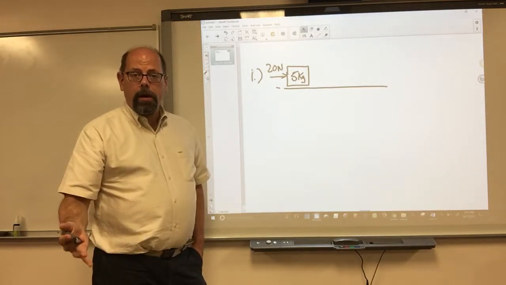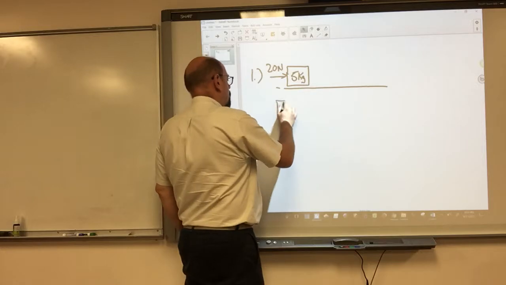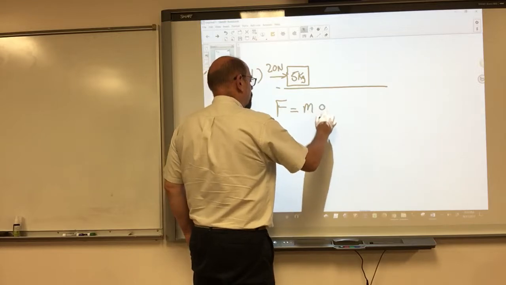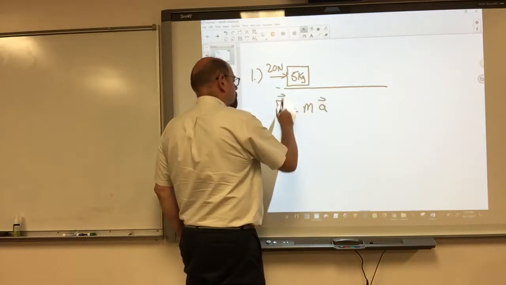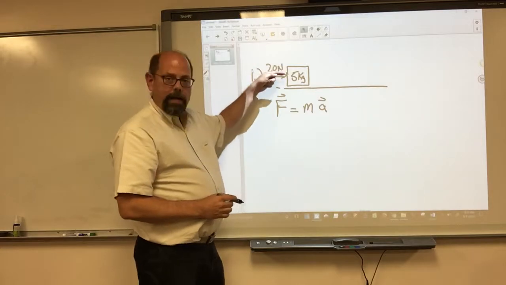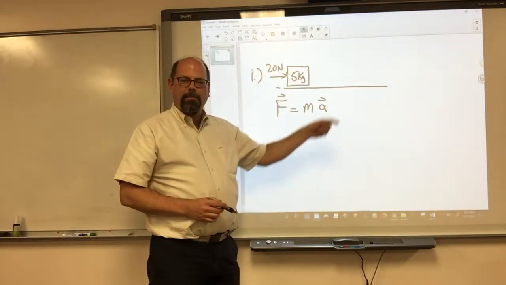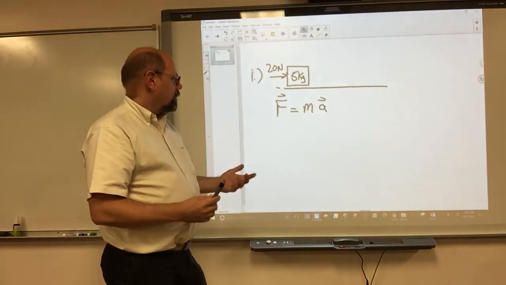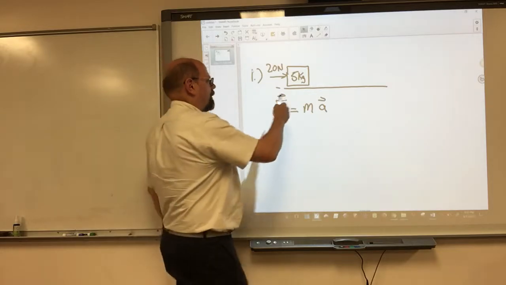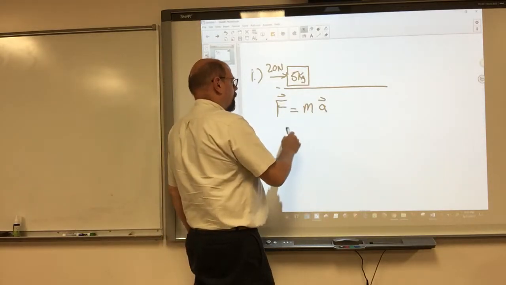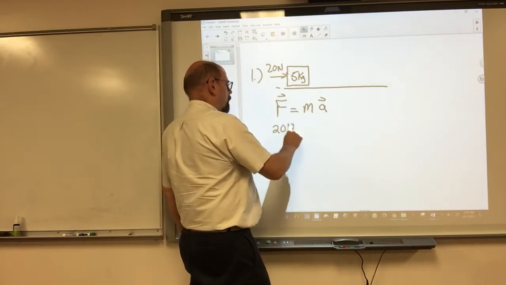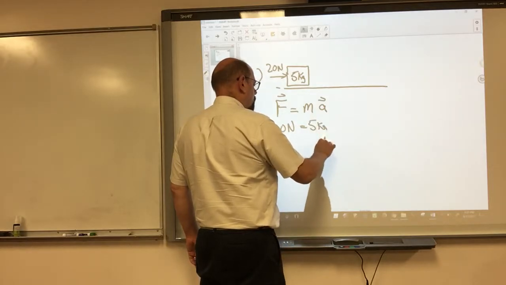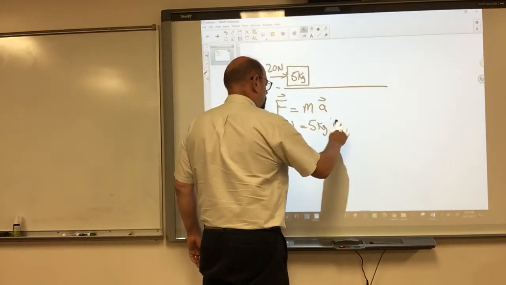So what is the governing equation for this? We've already said the second law of Newton's is that when a force is applied to a mass, it will accelerate. That is a vector, and so is this. Because the force has a direction, the acceleration is going to have the same direction. The acceleration is always in the direction of the unbalanced force. So the question is, how do we get that acceleration of this mass? Well, we put in the numbers. 20 newton force. The mass is 5 kilograms. And the acceleration we'll be able to calculate